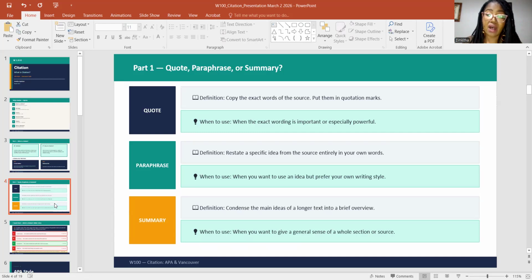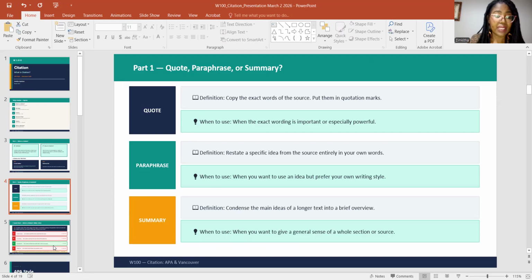And the third way of using citation is a summary. Usually what we do is we look at the main idea of a long text and give a brief overview of it. That often happens when you are trying to conclude an argument or when you want to give people a quick overview of the background of your argument or the research that is tied to your claim, okay? So those are the three different ways we can use citation: quotes, remember 1 to 2 sentences; paraphrasing, using your own words but still in-text citing; and a summary when you want to give an overview of a longer text.